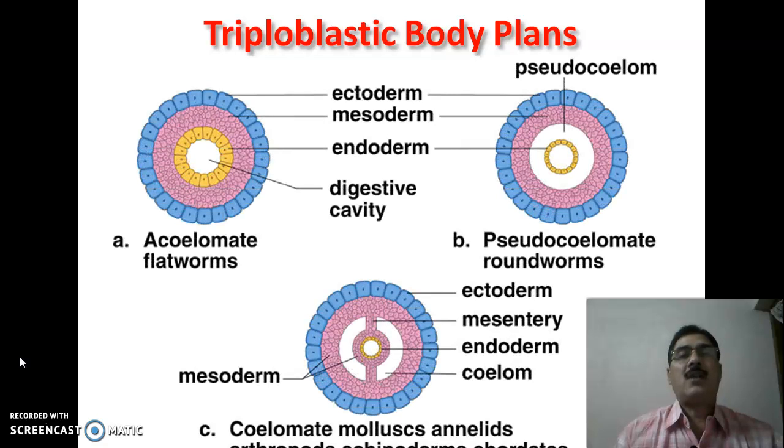Now let us discuss about the various plans of the triploblastic animals. There are three possible plans: the acoelomate, the pseudocoelomate and the eucoelomate or the coelomate. तीन तरह के शारीरिक संगठन हो सकते हैं देह गुहा के आधार पर। एक वह जंतु जिनके अंदर देह गुहा अनुपस्थित होती है, दूसरे वह जंतु जिनके अंदर देह गुहा उपस्थित होती है पर वो वास्तविक देह गुहा नहीं होती, कूट देह गुहा होती है, और तीसरे वह जंतु जिनके अंदर वास्तविक देह गुहा पाई जाती है.